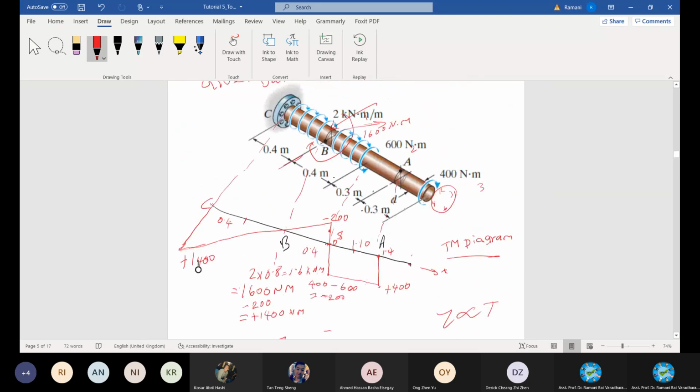You cannot use this formula to calculate for your distance. Roughly what distance? It's a guess only. You cannot exactly predict, but you can guess at what point it is becoming 0. Anybody? Point? See the diagram and say. Actually, I should not put it exactly below. I projected somewhere here. Then you have some value.